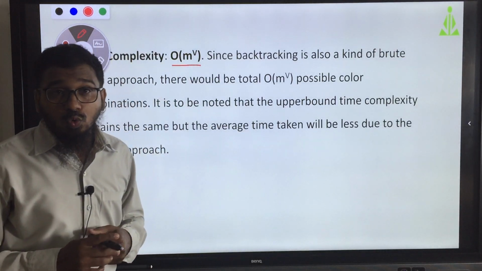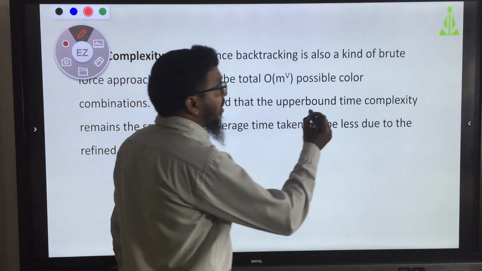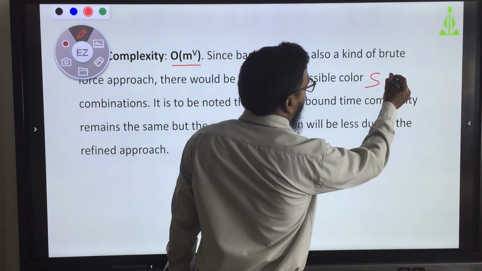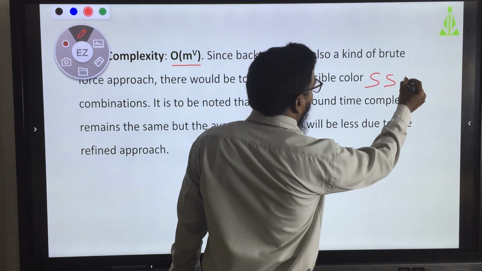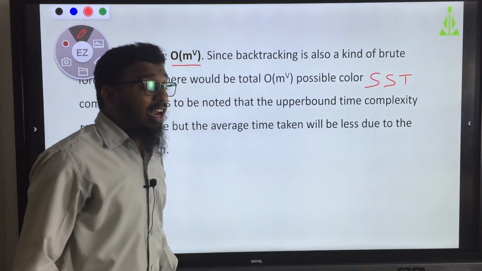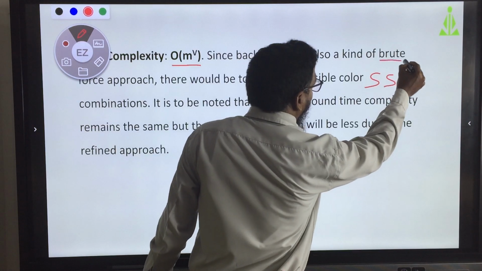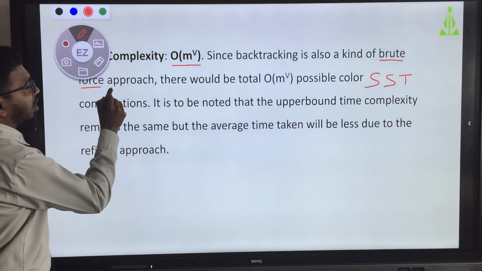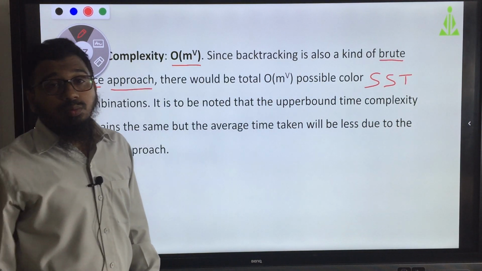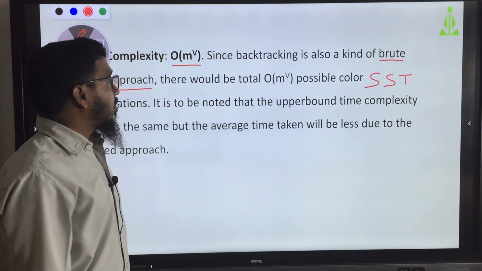As I told you, the state space tree is purely a brute force approach, called BFA.